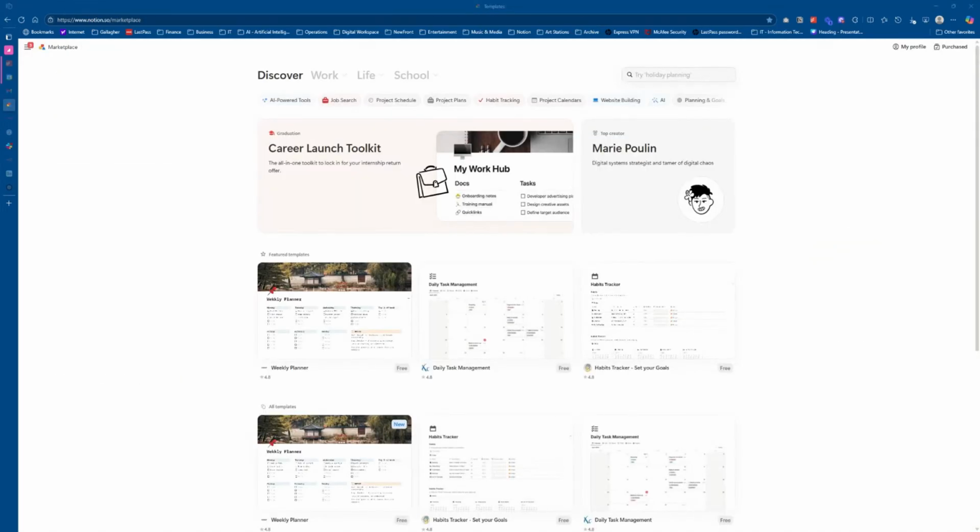Okay, so we're in the, like I said, the Notion marketplace for templates. As I always recommend to anyone new or even anyone who's a seasoned user of Notion, if you're building a new system, a new layout, don't start from zero. Go ahead and start from 30 to 40% with the work done by getting a template. Now, for the sake of our project management system,